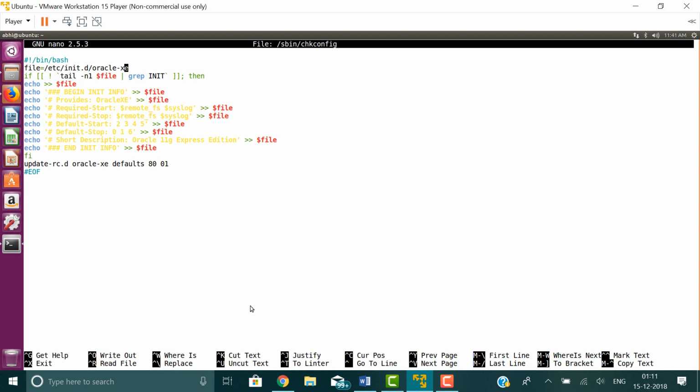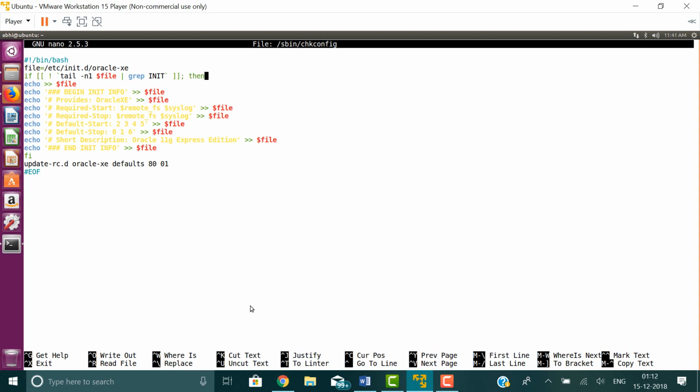So this is the path we are trying to write into this variable file, and here we say if [[ ! `tail -n1 $file | grep init` ]]; then